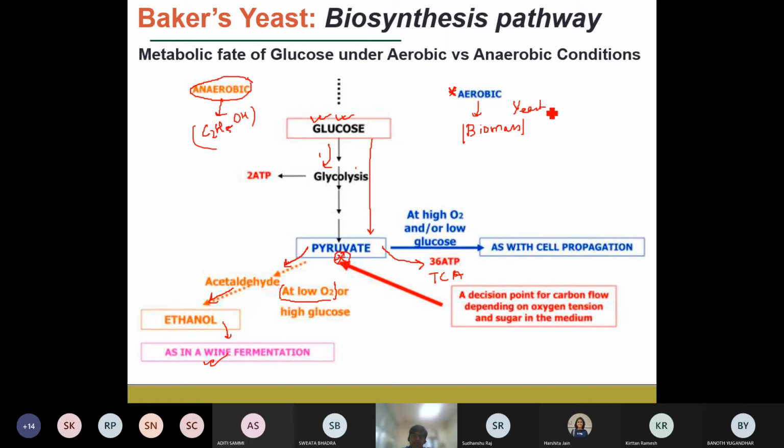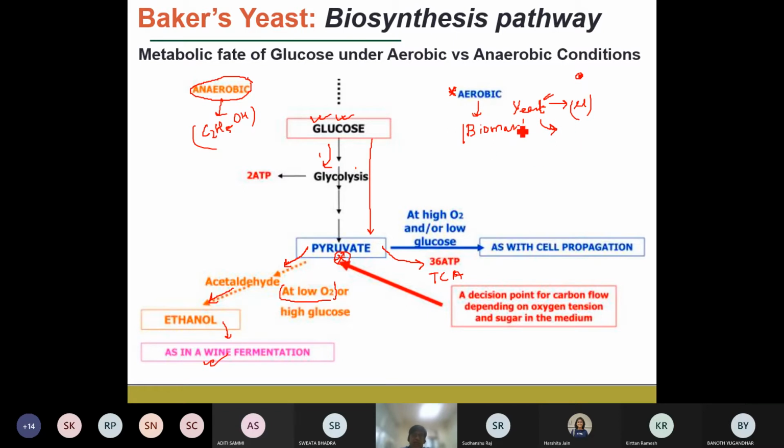Okay, so we would like to increase the biomass concentration of the yeast, and that means we need to maximize the growth rate, the specific growth rate that we have seen. So we would like to maximize the growth rate such that we have a higher concentration of the yeast cells. Suppose initially we have a starting seed solution, and after the fermentation is carried out, we would like to have a higher concentration of the yeast.